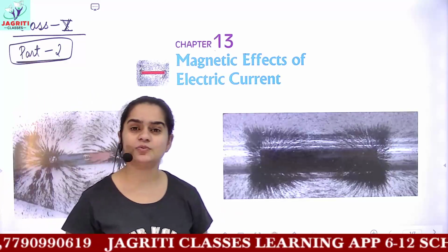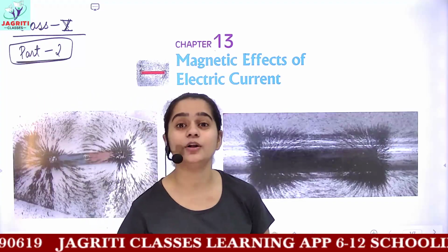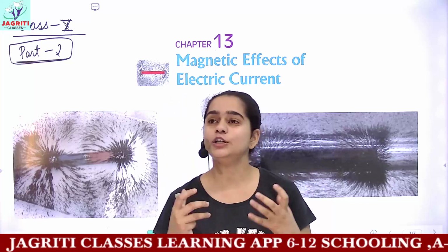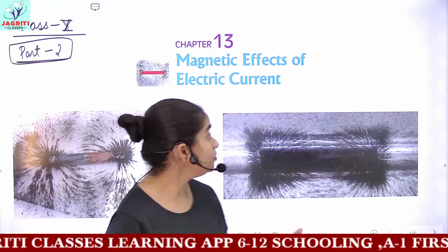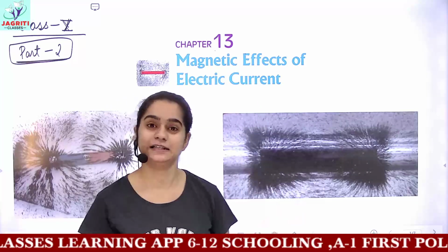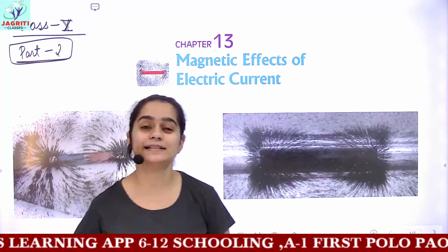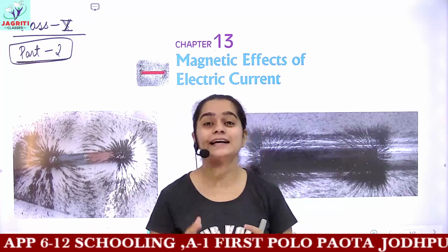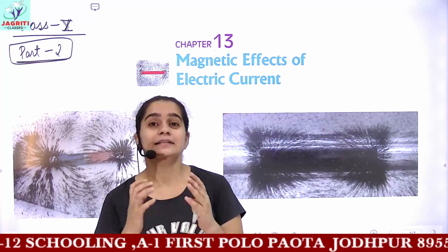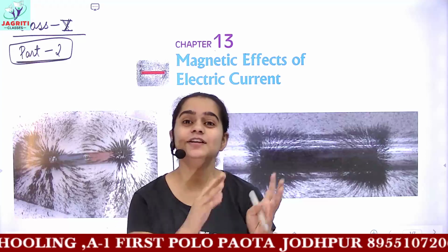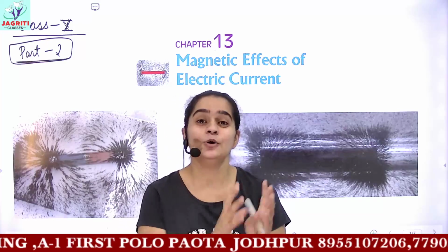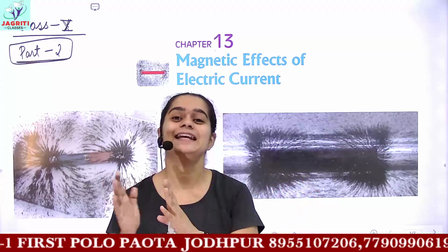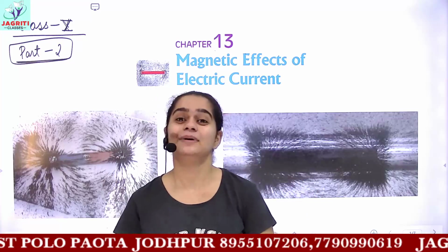In the previous video lecture, I discussed what you mean by a magnet and what you mean by magnetic effects of current. We discussed why current shows a magnetic effect. Then, on the basis of the nature of material, you can have two kinds of materials: magnetic material and non-magnetic material.